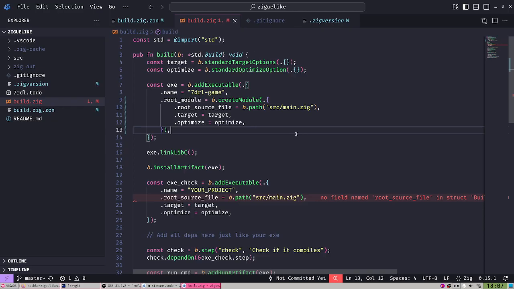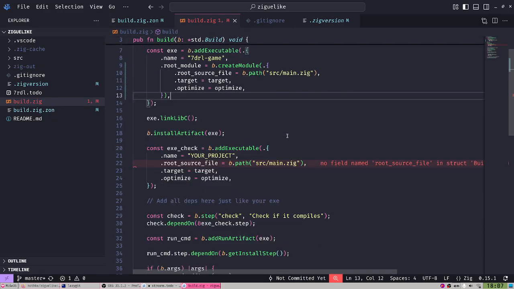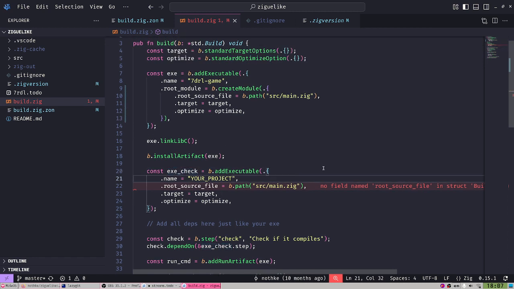Let's see what it says. Yes, of course. And now we have the check step, but here's the thing. I think that, yeah, we can also use this check step. You see, we have also added the executable, but because I have a module here, I can just reuse that, which is super cool.